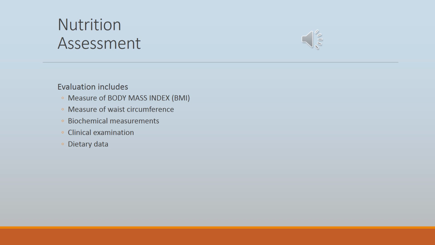Components of a nutritional assessment: there is a sequence of assessment parameters that may vary. However, evaluation of nutritional status includes the following methods: measurement of body mass index, or the BMI, waist circumference, biochemical assessment, clinical examination findings, and dietary data. The measurement of BMI and waist circumference is recommended to determine if a patient is obese. The BMI is a ratio based on body weight and height. The obtained value is compared to the established standards. The BMI is highly correlated with body fat, although increased lean body mass or a large body frame can also increase the BMI.